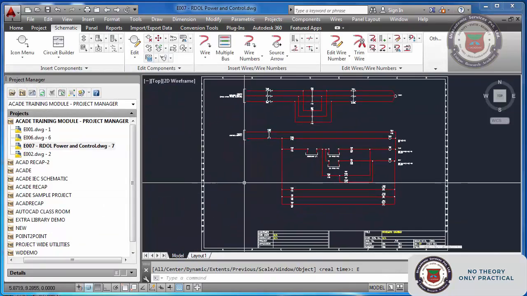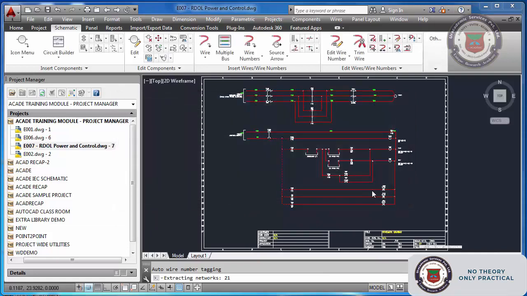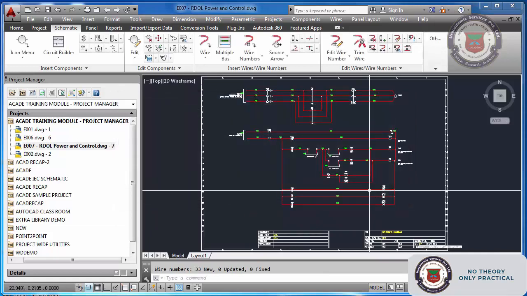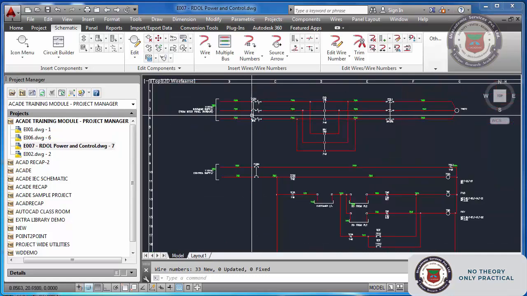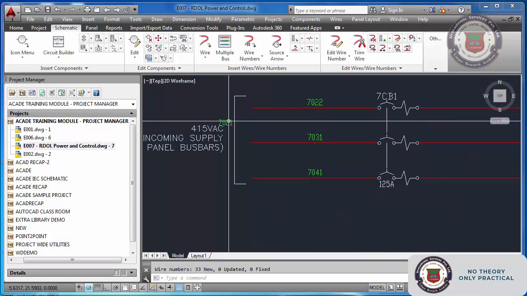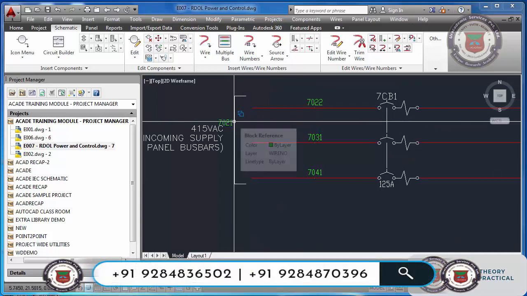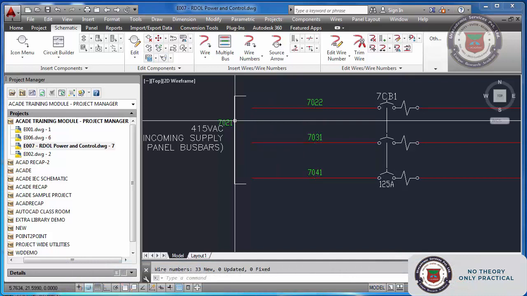And let us move on to wire numbering. Wire numbers, drawing wise, you can do. Done. Beautiful. Now you again see this comes here. Even though I changed this layer into 0, still the wire number comes here.